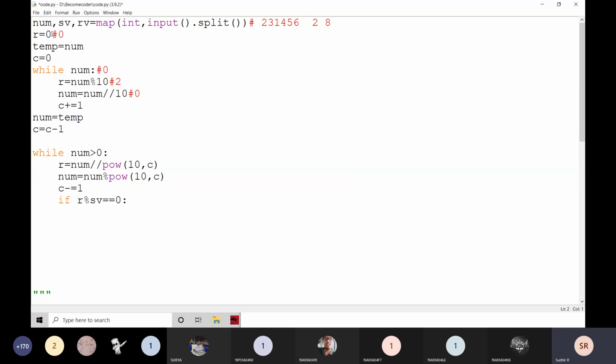No need of REV here. New number. Okay. For example, new number is equal to, what is that logic? New number is equal to new number plus r into